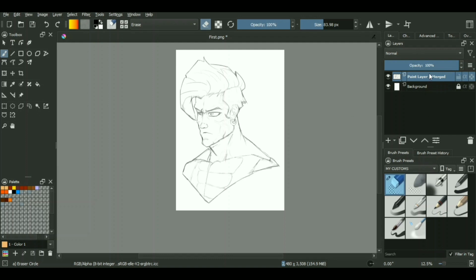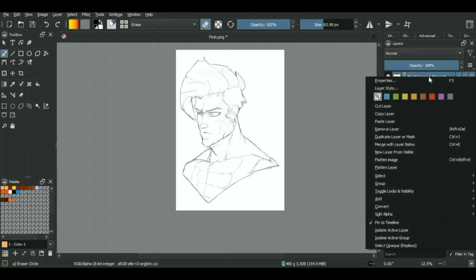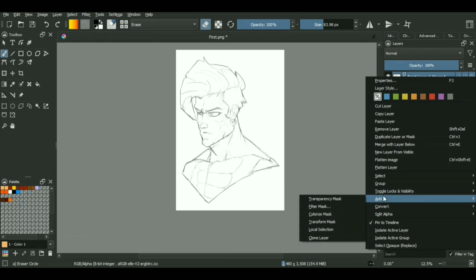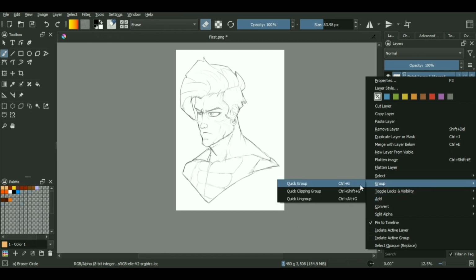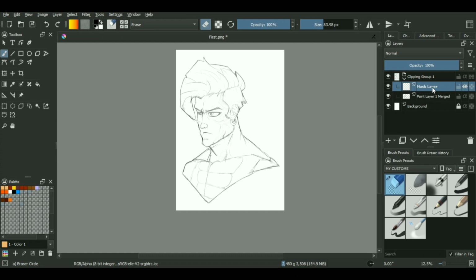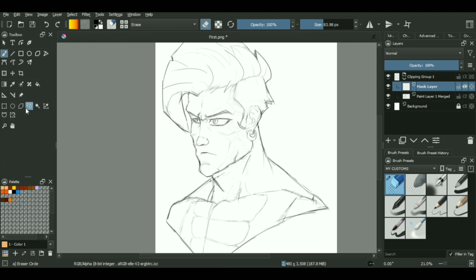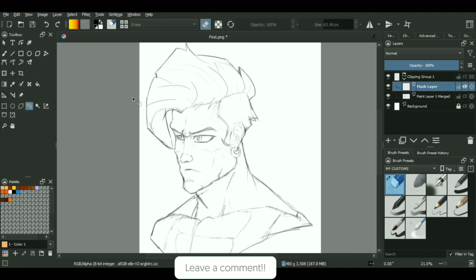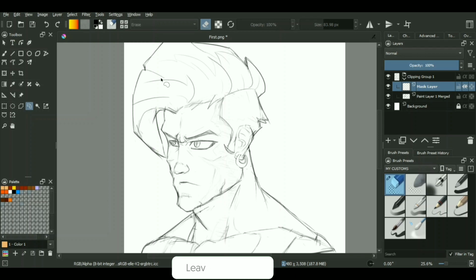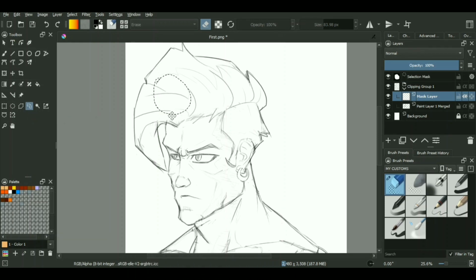So basically, to start off with everything, just select this line art layer, right click and add a quick clipping group. Now to be very fair, you don't actually have to do it. I'm just doing it to keep everything neat and tidy, but as I said, it's not mandatory. Now in this top layer, we will start making selections for our hair area. The reason we are doing this is because we want to separate and divide our line art into various sections. In our case, we will be dividing it into 3 to 4 parts: one for our hair, then our face, and then our chest.